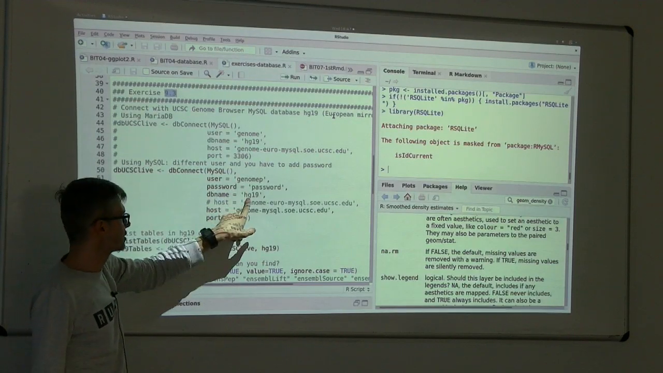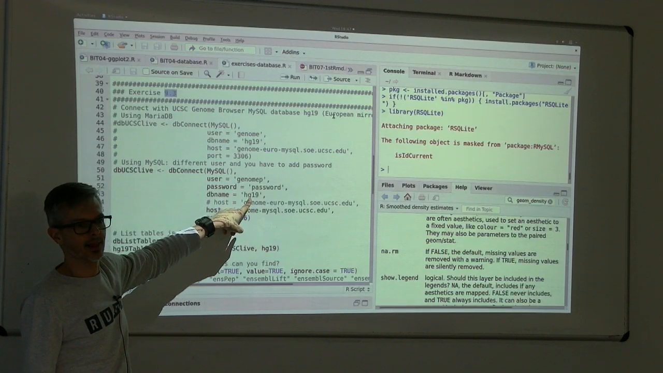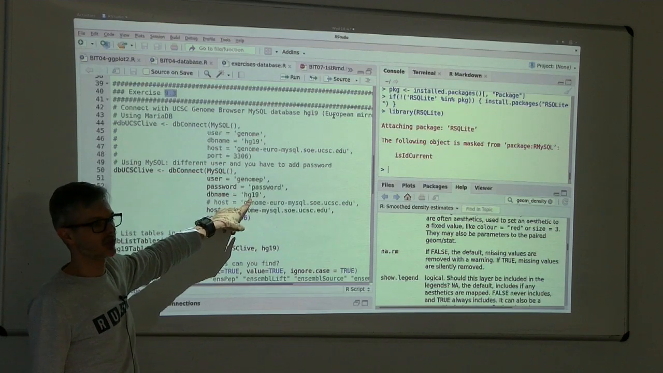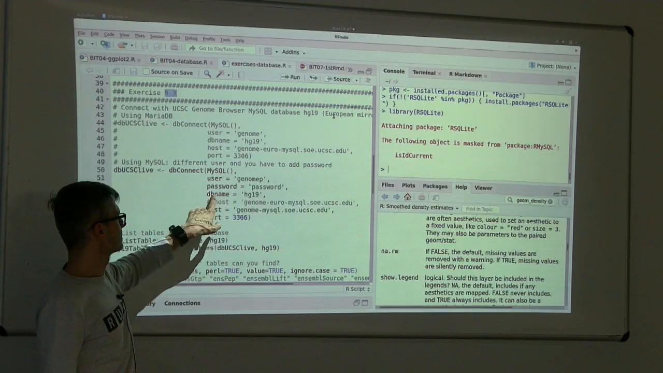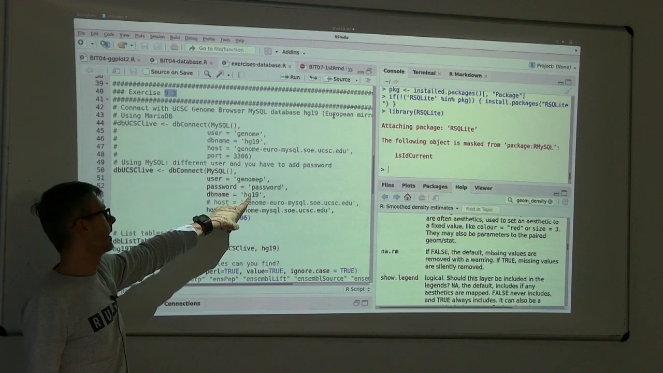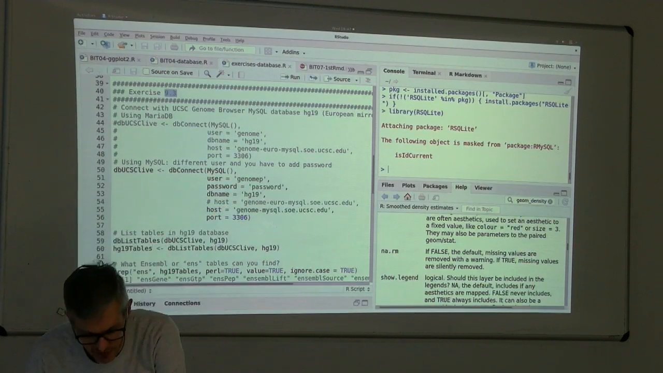What would this mean? HG19. Does this ring a bell? HG19, you also have HG38, you have MM10, you have MM9. What would that mean? Human genome. So the database is actually which genome you want to use. If you want more information on that,